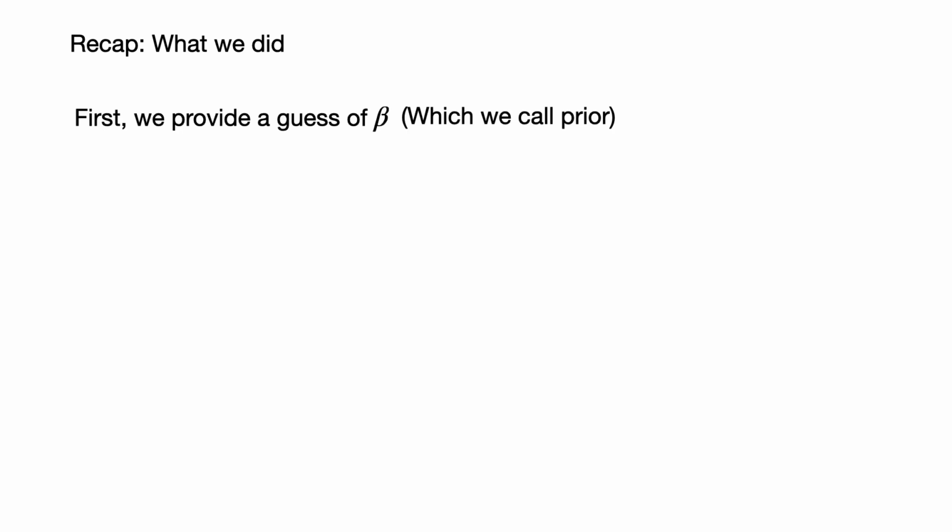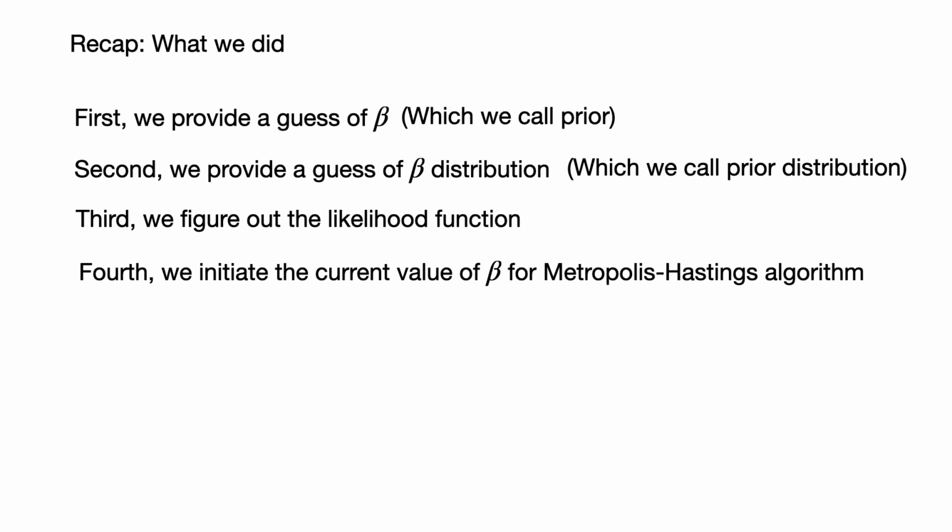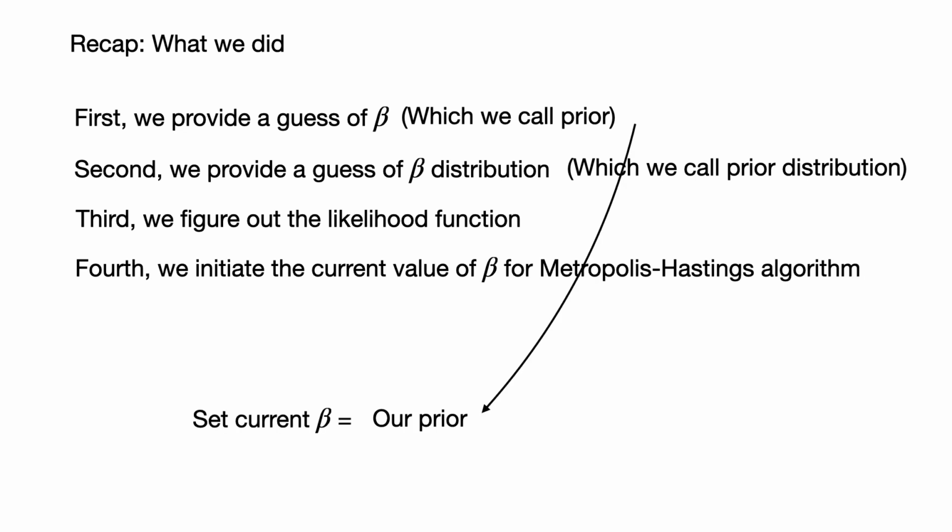Recap what we did. First, we provide a guess of beta, which we call the prior. This is 0.5. Second, we provide a guess of the beta distribution, which we call the prior distribution. We choose beta 5. Third, we figure out the likelihood function. Fourth, we initiate the current value of beta for the Metropolis Hastings algorithm, which is equal to our prior, which is